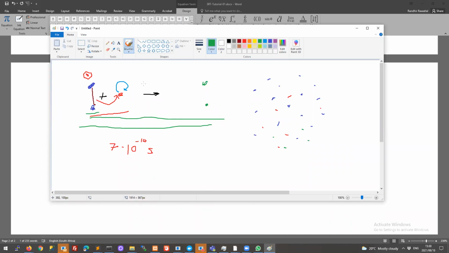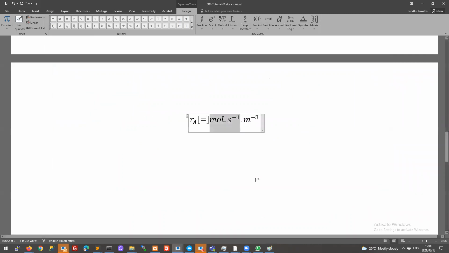It's not trying to work out how often do those collisions happen. This is just asking, what is the number of moles that get converted per second? So what's the number of moles that get formed per second? So this is a very summarized